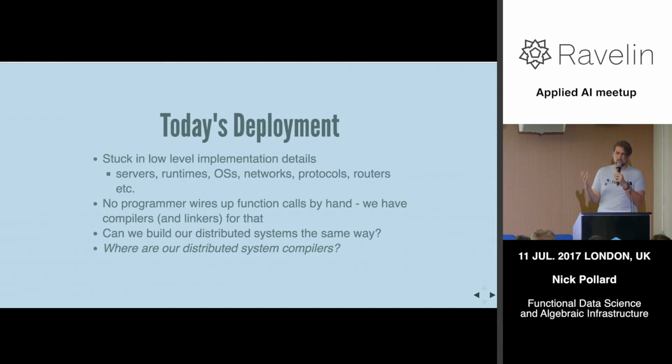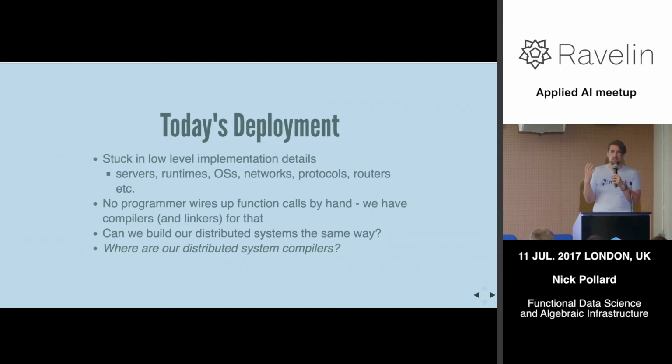And the interesting thing there is that when it comes to distributed systems, a lot of this stuff is being connected more manually, specifying what IP this thing is running on, what network, what firewall it is behind, what server has this database on. No programmer today, or at least not a sane one, wires up a function call by hand. Right? If you write code and you import a library, you use a piece of software, and you call out to a function, that's going to be generated for you by a linker or a compiler, or some runtime even. If you're using an interpreted language, the runtime will look up and work out where that function is for you. All you're doing is declaring which thing you want to use.